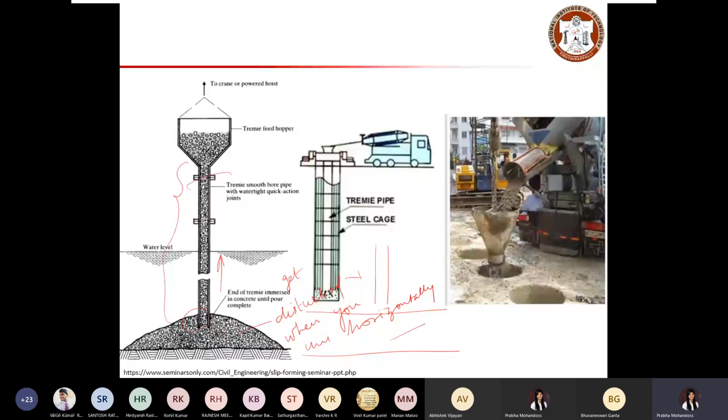placing of concrete. So here you can see a place, it's a deep well, it's not underground concreting. In the deep well, the pipe arrangement is there. You can see the hopper, and you will be pouring your concrete in the hopper, and then based on its flowability or workability, the concrete will be filled in the particular location. Right?